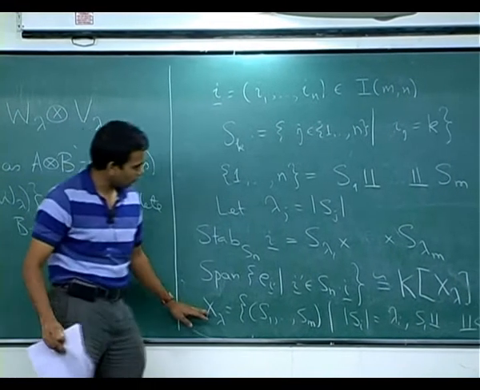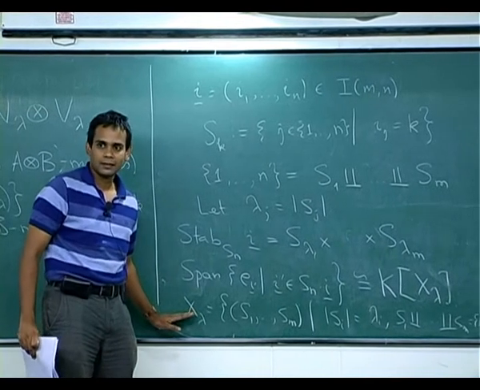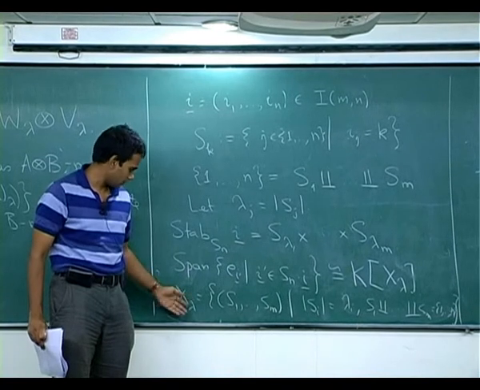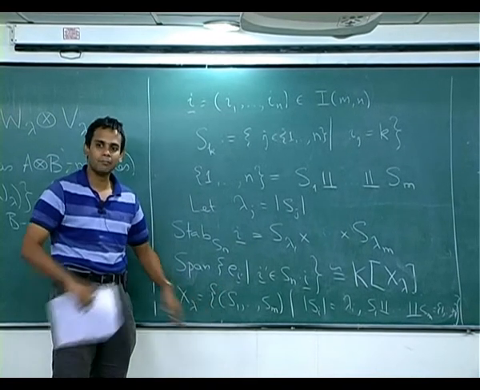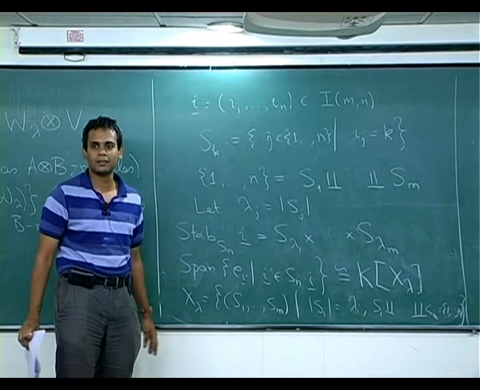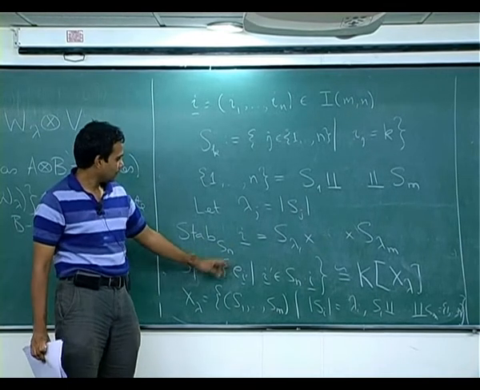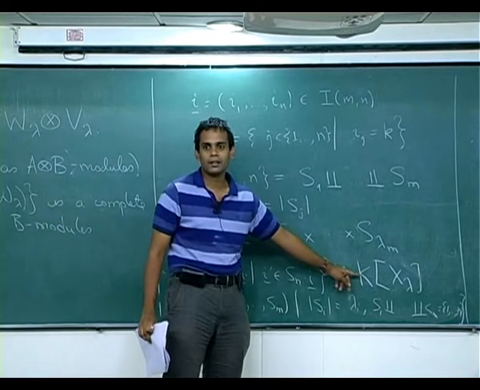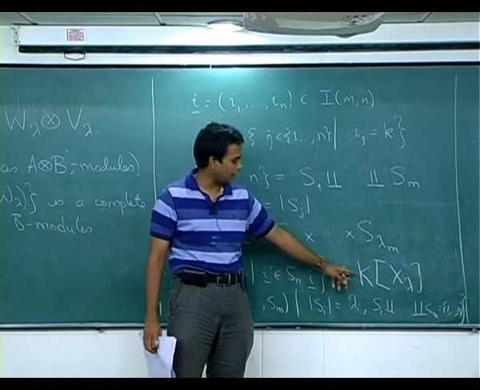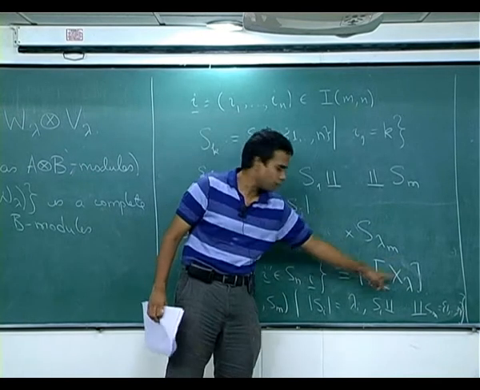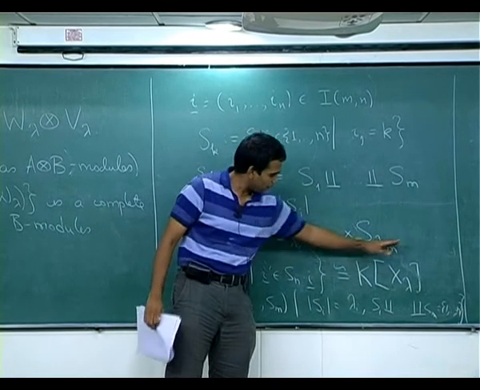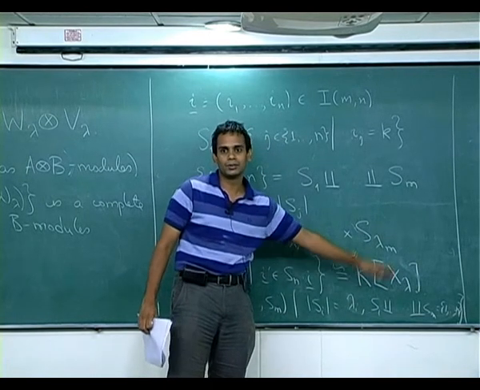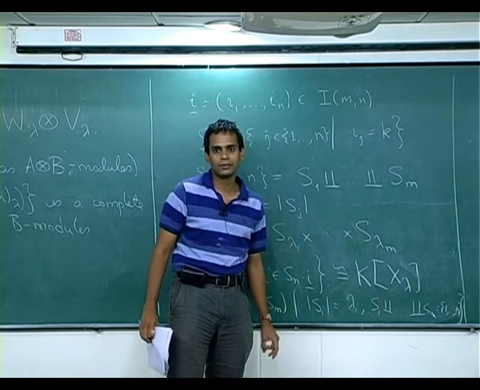This is a set on which the symmetric group acts. Then if you take k-valued functions on this set, or just take a basis indexed by these sets, that becomes a representation of the symmetric group. And what we are saying is that this multi-index I will generate a subrepresentation of (k^m) tensor power n that is isomorphic to this thing. And for this thing, from the representation theory of symmetric groups, we have Young's rule, which tells us how to decompose this. So, we get